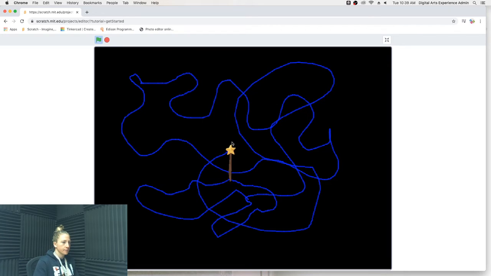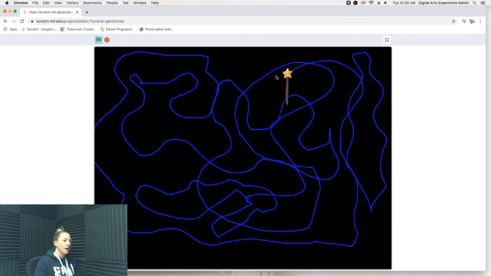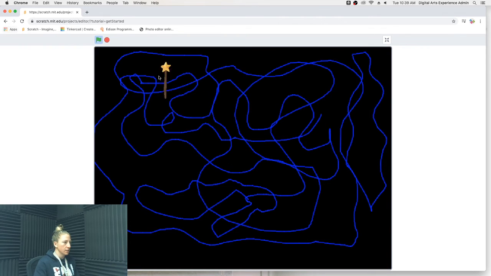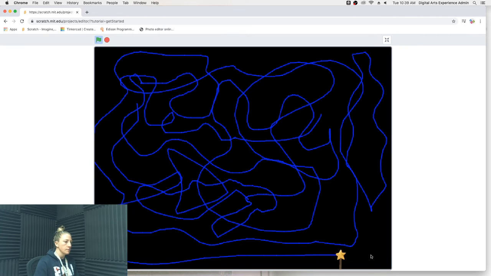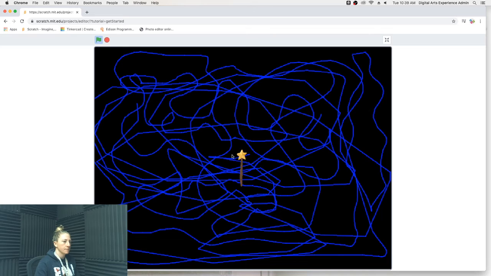Ooh. I might be able to do this for hours. This is really fun. But, okay, you could see that with just a couple of blocks of code, I have now made a drawing game. Whoa. But,